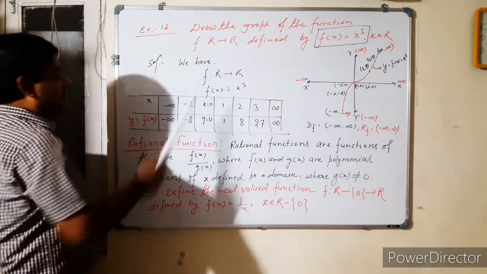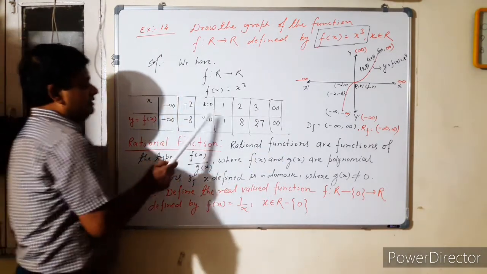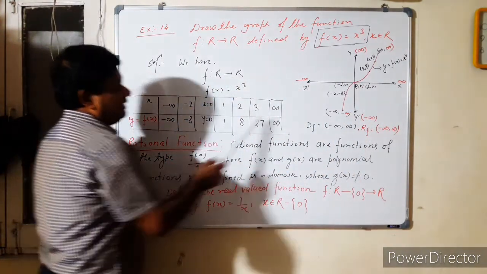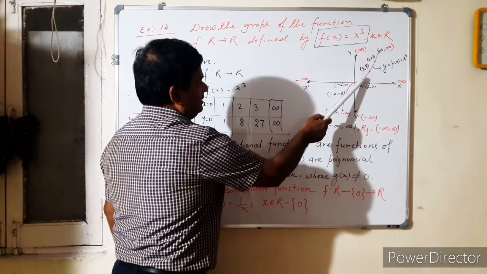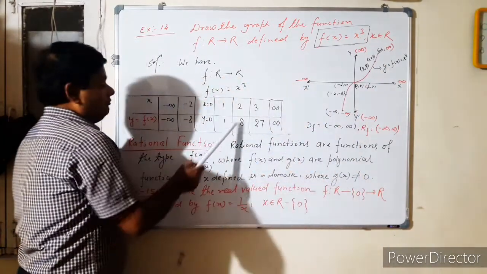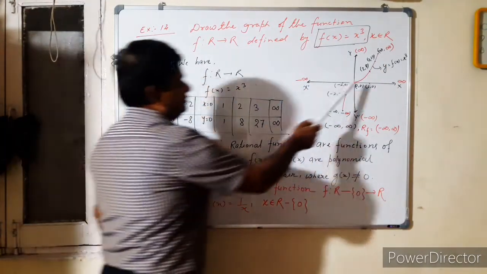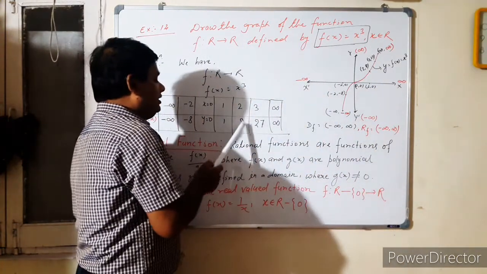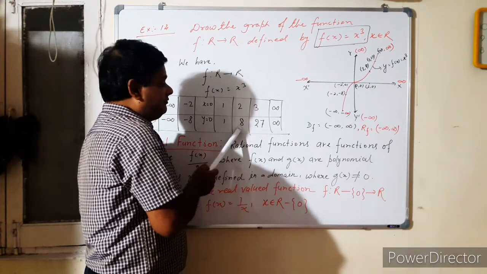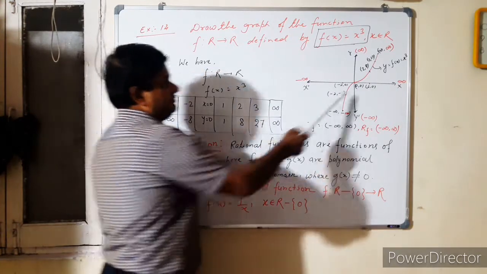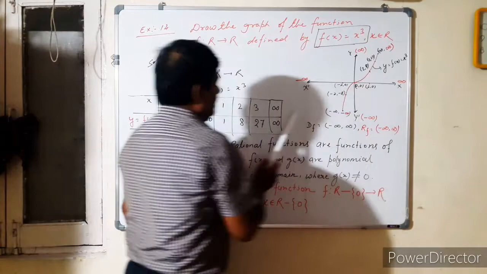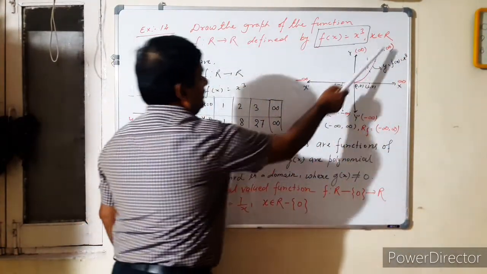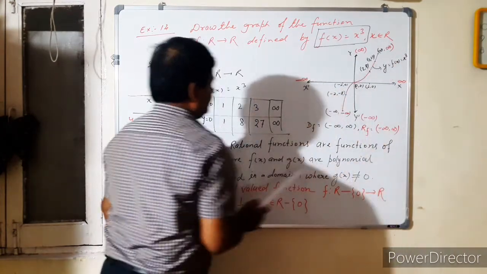Now see here, draw the graph. When x is 0, y is 0, so the point is the origin. When x is 1, y is 1, which will be here in the first quadrant. When x equals 2, y is equal to 8. So here at (2, 8), the x value is 2 and the y value is increasing very fast. Here (3, 27). When x is infinity, y is infinity, so the curve goes up to infinity here in the first quadrant.